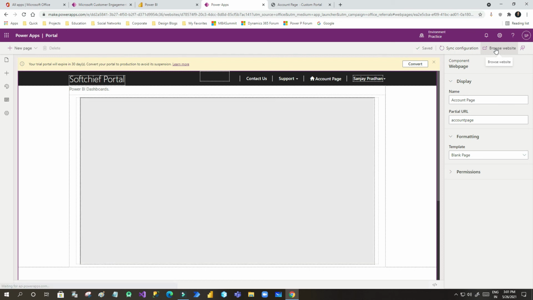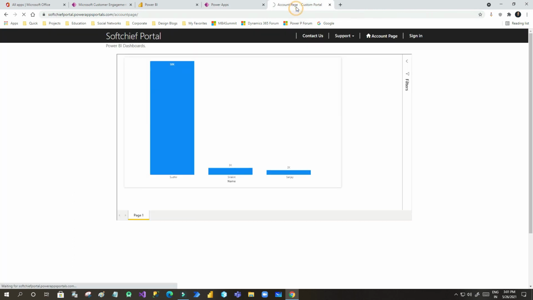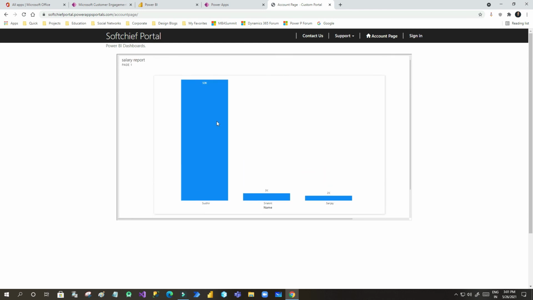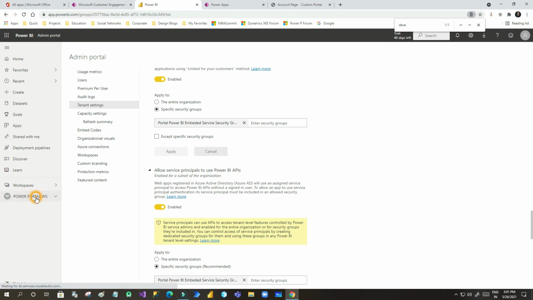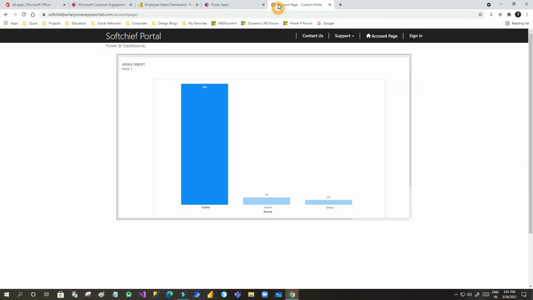So let me click on browse website, and it will return my website, and it will display the correct dashboard that I have associated here. So I will go here and it is trying to refresh. Now see, you can see now the dashboard that I have created is displaying for me, right? You can also go here and change your dashboards according to your need. So this is the dashboard that is displaying here in the portal page, right? So you can embed anything.